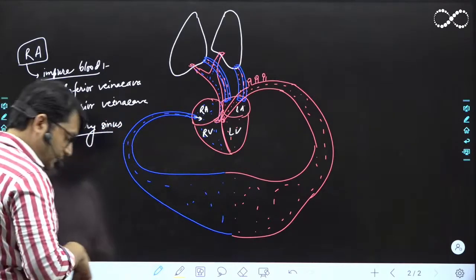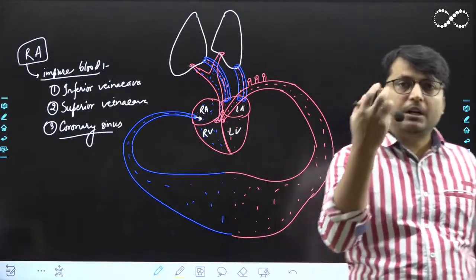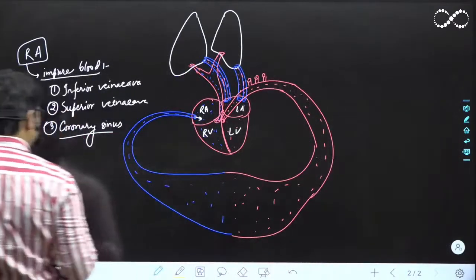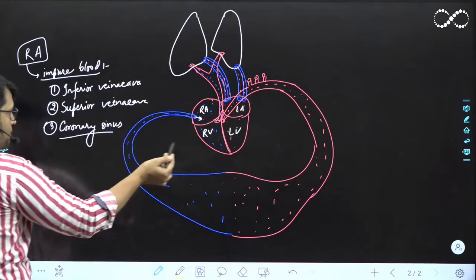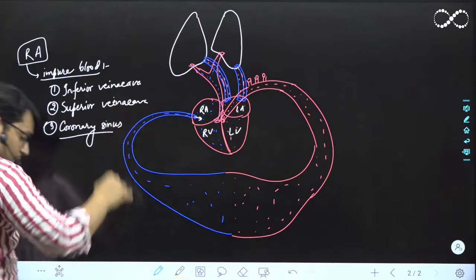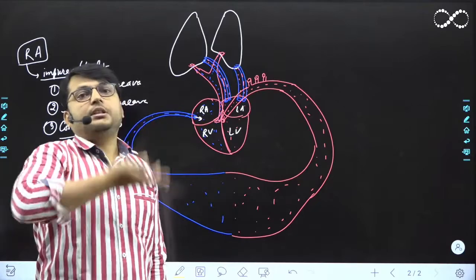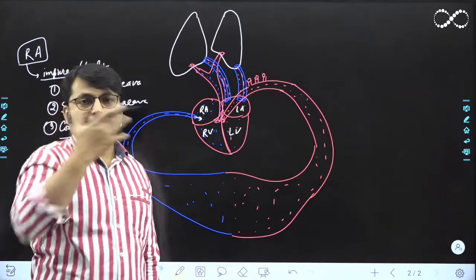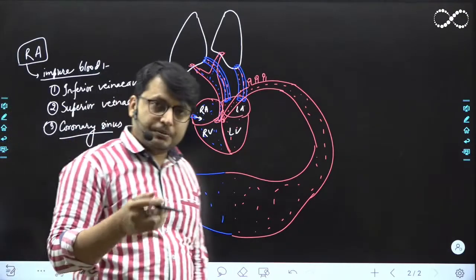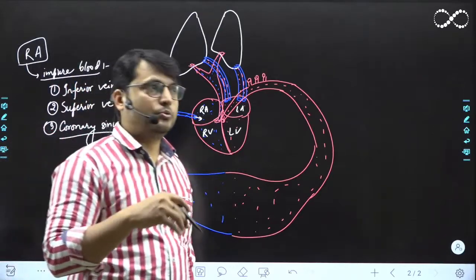Okay, so there are 3 openings through which the right auricle receives impure blood from the body, from the different parts of the body. Now, what gives what? See, coronary sinus brings the impure blood from the heart muscles. Superior vena cava draws the impure blood from all the body parts which are above the heart level. Okay, ऊपर से head, neck and upper shoulder region. The inferior vena cava pulls up the impure blood from rest of the lower body and pours into the right auricle.